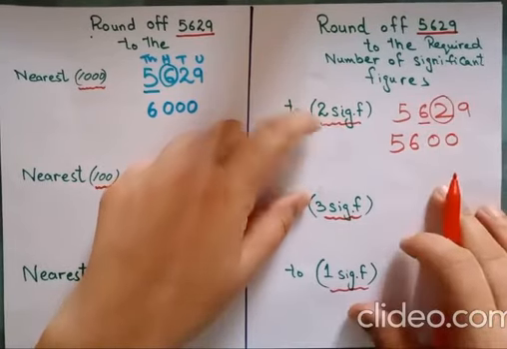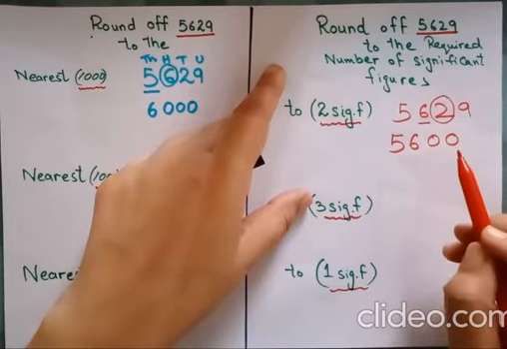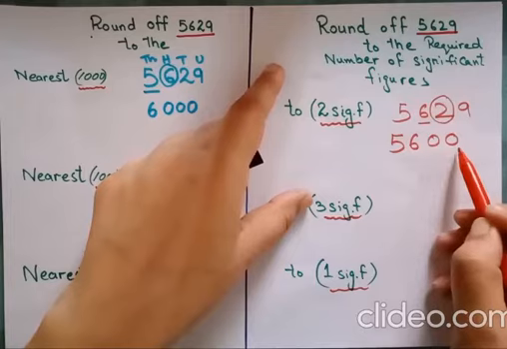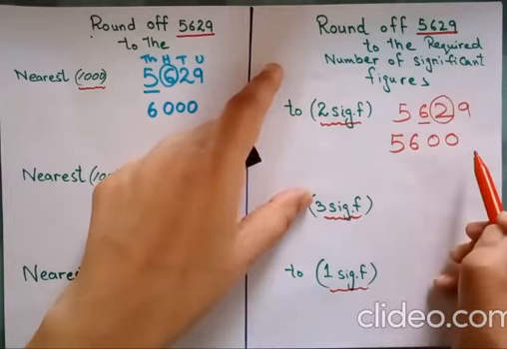So this is how we have to round it off to two significant figures, but don't omit these zeros, because we have to write these zeros just to keep place value. Next,